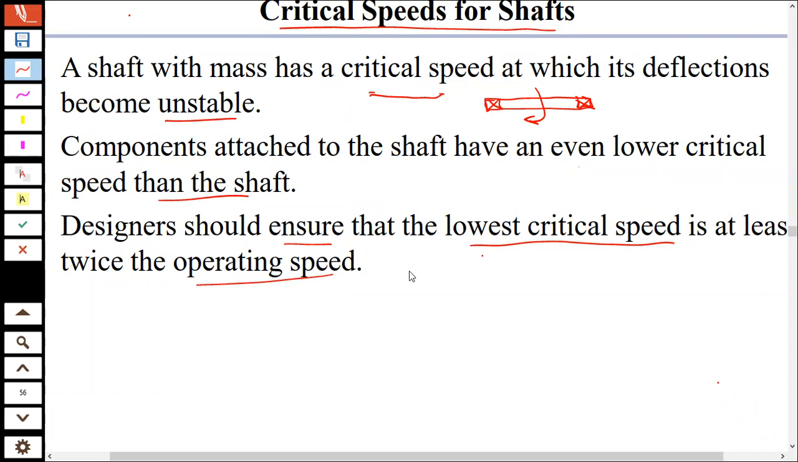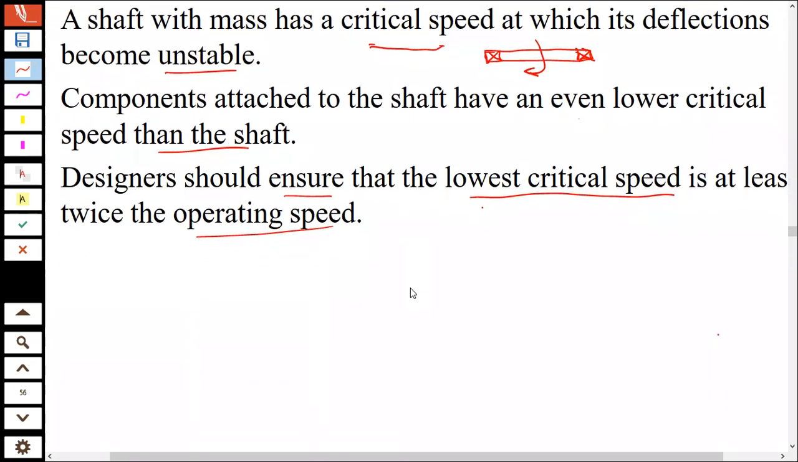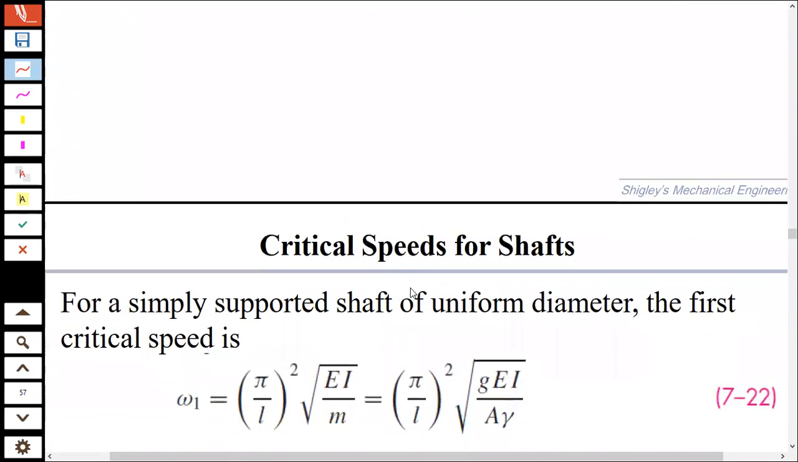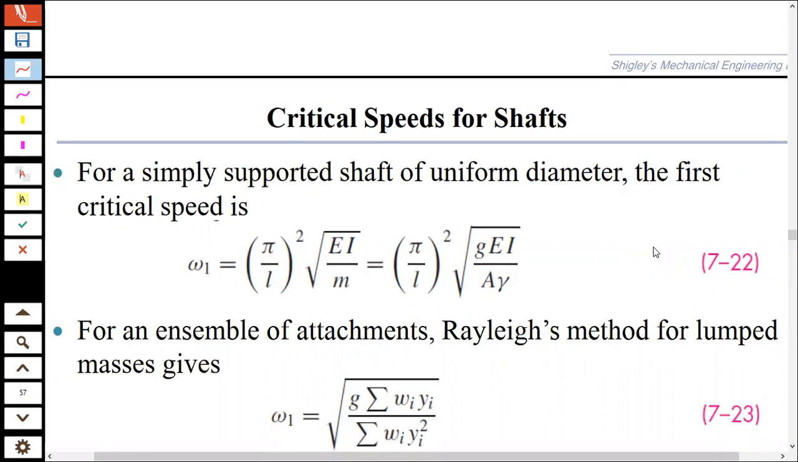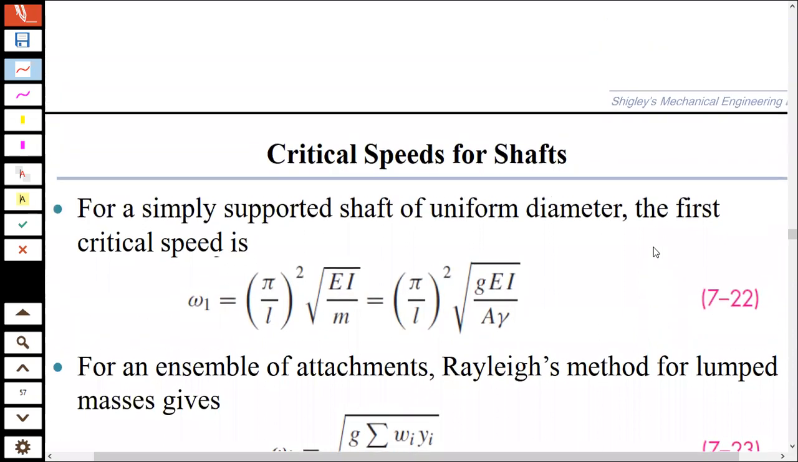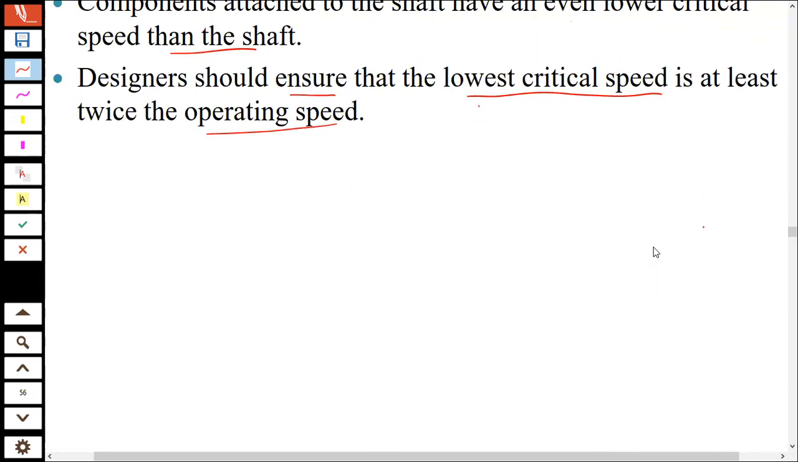So, what is the critical speed? Critical speed is that speed at which the resonance will occur, at which the natural frequency and the excitation frequency become the same. So that is going to be our critical speed. When we design shafts, we will ensure that the lower critical speed, which is the first natural frequency, is at least twice the operating speed,